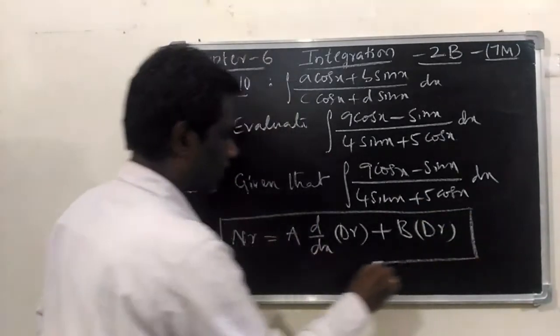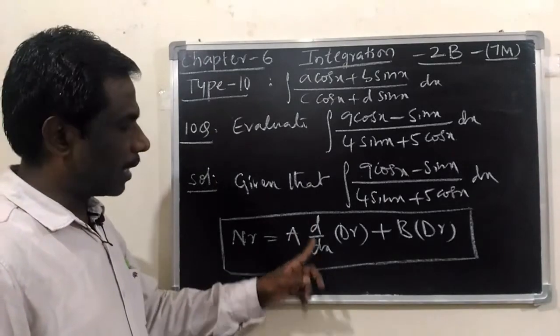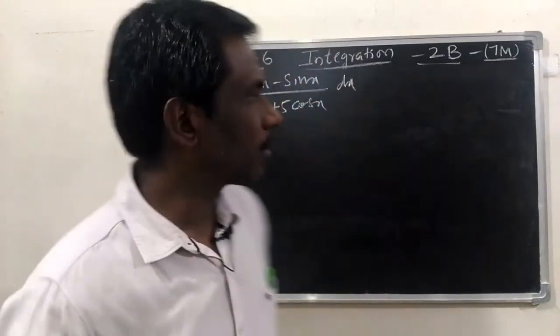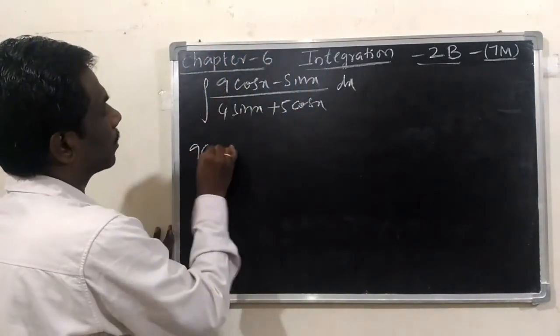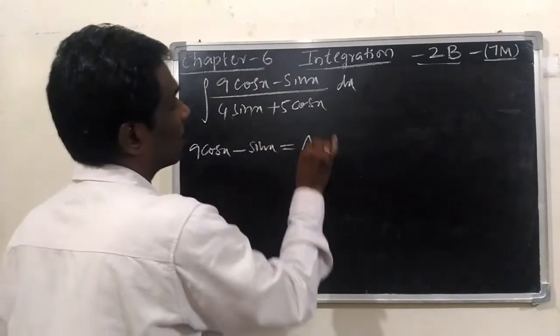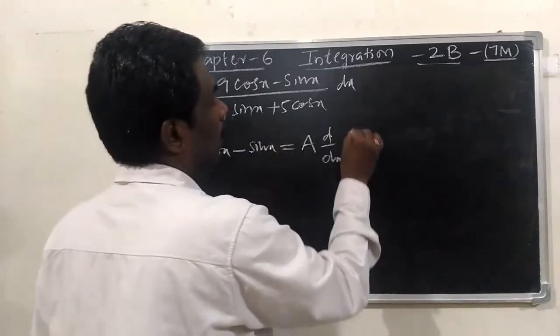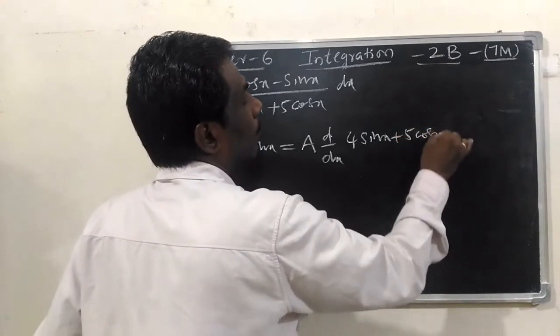Now the numerator 9 cos x minus sin x is equal to a into d by dx of the denominator, the denominator is 4 sin x plus 5 cos x,